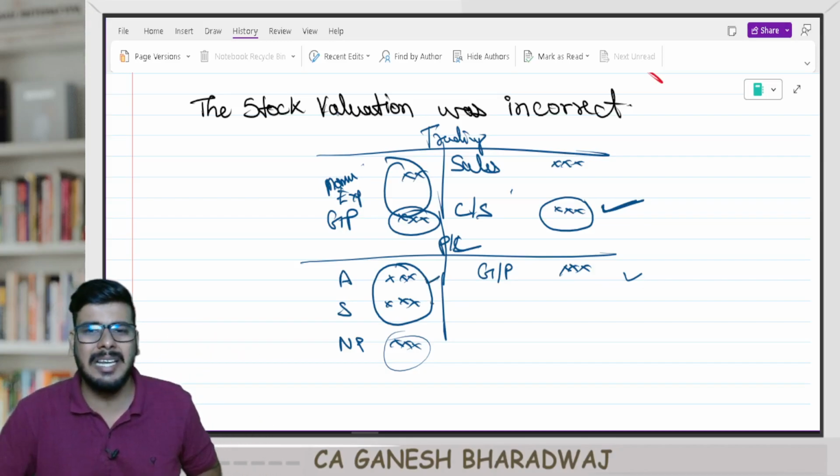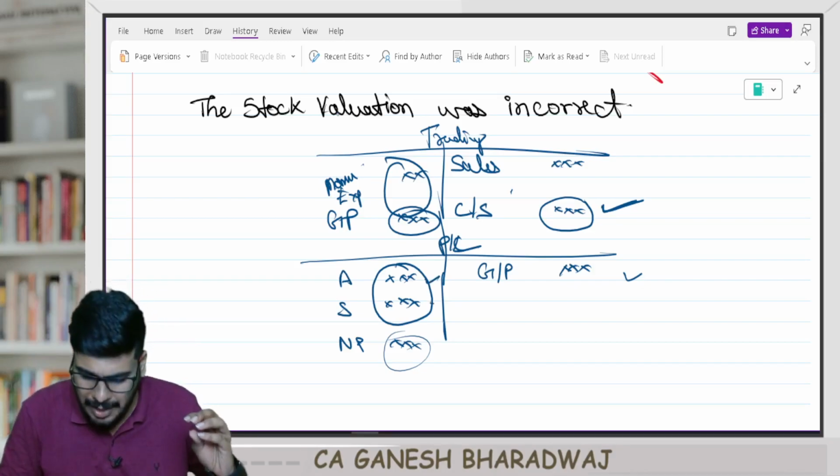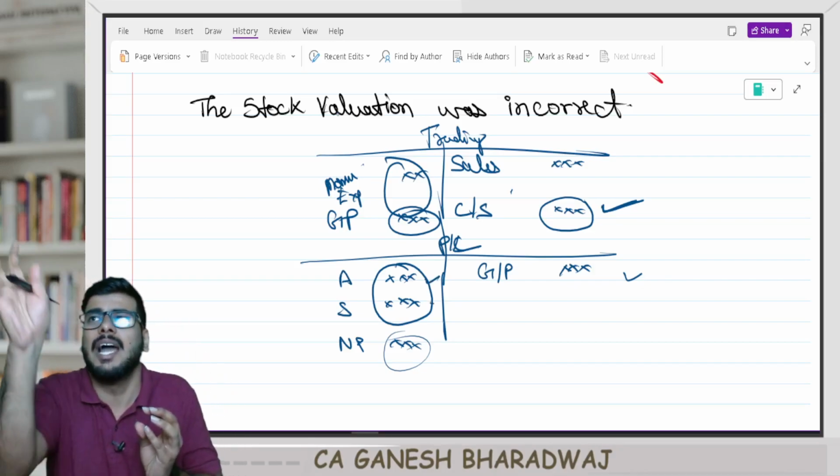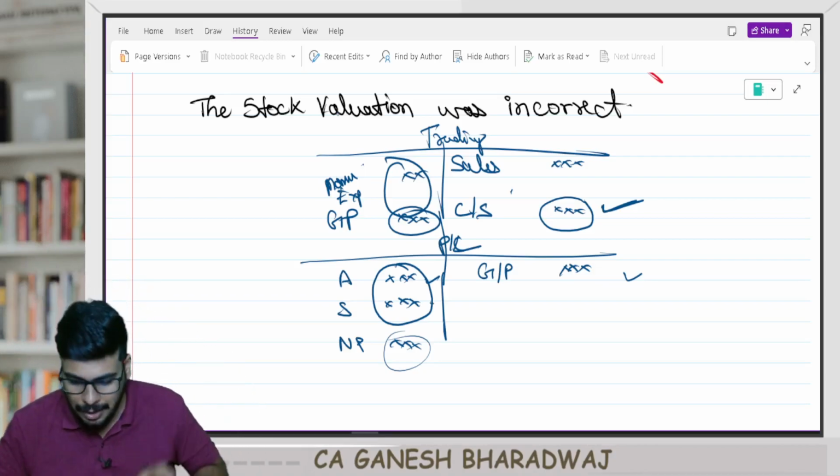This admin and selling and all, it fully expires in the current year itself. There is no question of taking a portion of admin and selling and plugging it in your stock value and letting it escape. Yes or no? Or in other words, can I say,